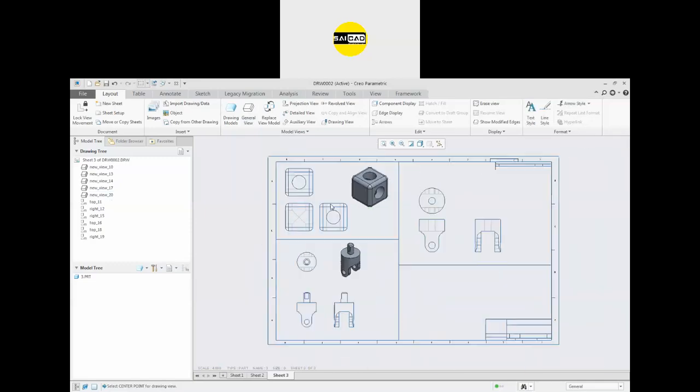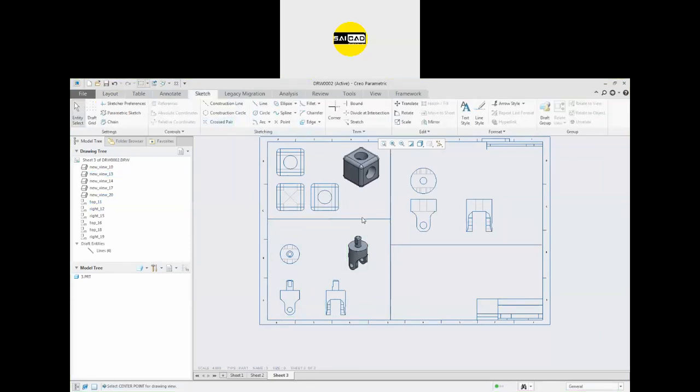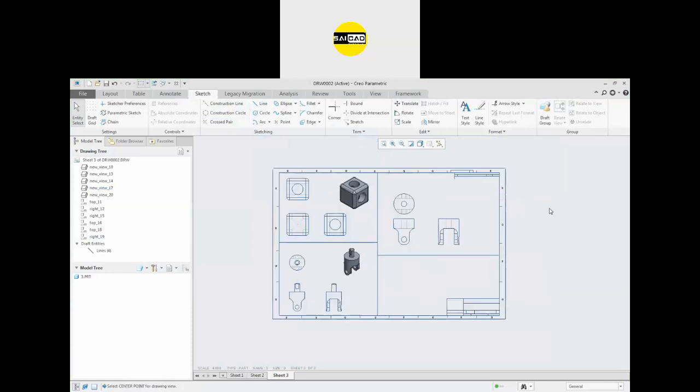Okay, like this you can create your views. You can edit them anytime. If I want to move it down, somewhere here and somewhere here, you can do that. And if you go to the sketch, you can now select the line also. You can move the line somewhere here to increase the gap. Okay. So create your drawing according to your need, and we are done with the views.